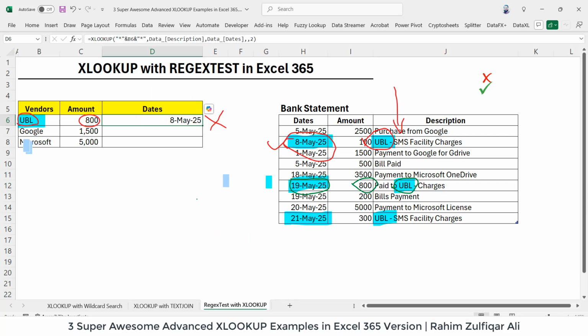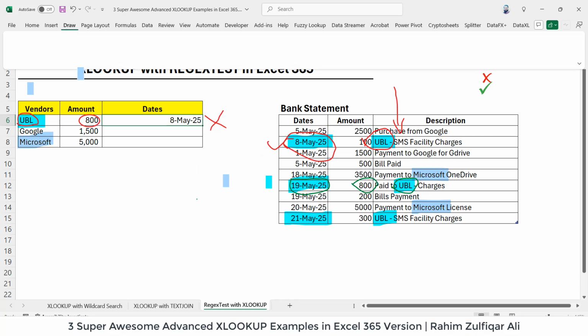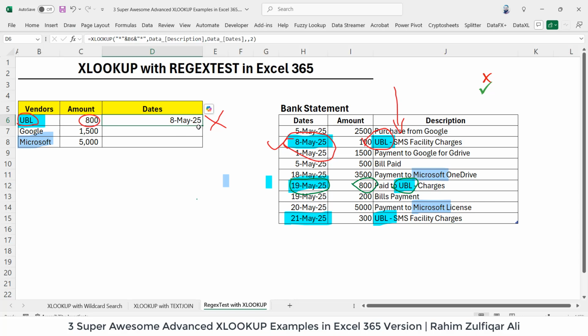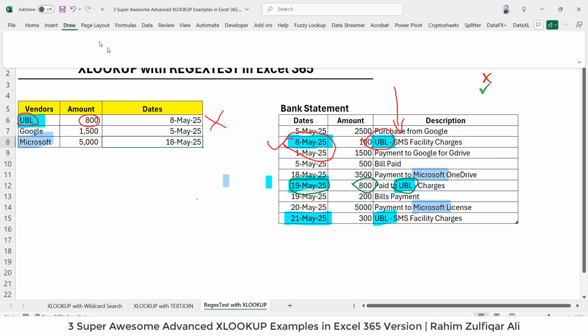So if I go with Microsoft, for example, I can see the Microsoft transaction here as well and here as well, right? But when I use this particular function, let me click here and copy and paste that. So it returns 18th of May. Now, if I draw here,